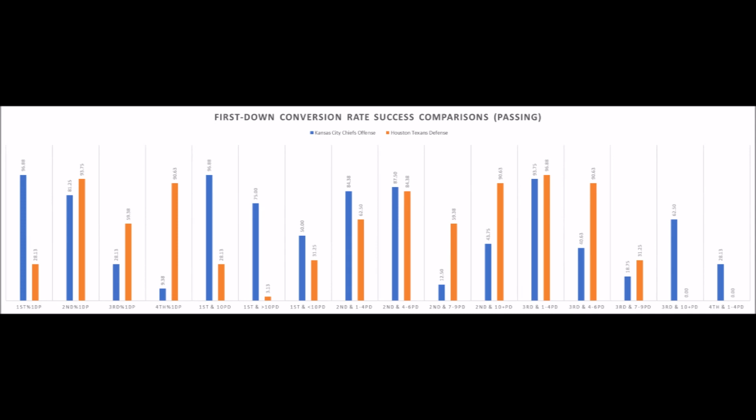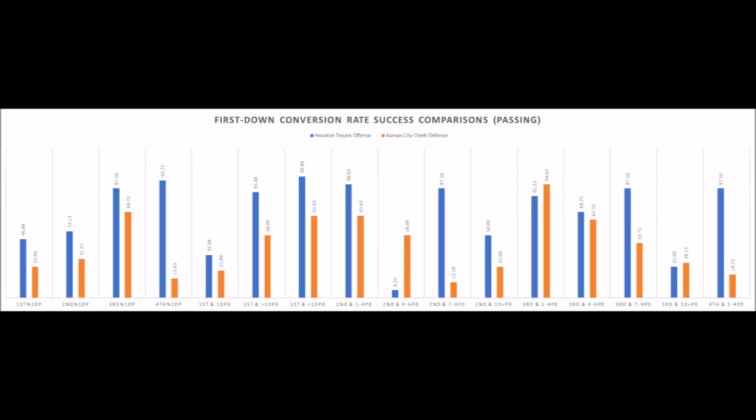first and second down. Then, of course, when you look at the Texans offense versus the Chiefs defense, this actually favors the Texans offense. Despite the issues that completion percentage has had in terms of the Texans, they've been fairly okay when it comes to getting first downs on first down, getting first downs on second down, and even getting first downs on third down. A lot of this is the Deshaun Watson effect. I think these numbers will actually improve more as the season goes on. But that is the one worry I do have about this Chiefs defense, is Deshaun Watson and how he might affect things, because there definitely is a lot in favor of the Texans offense when it comes to passing